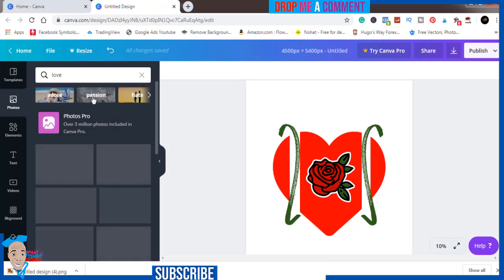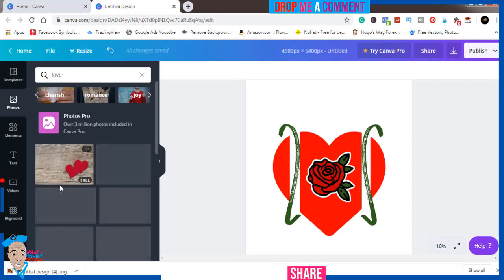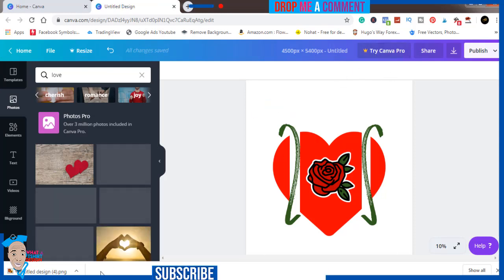You can see hate, passion, adore, affection, cherish, romance. So many images you can choose from, but as you can see, this one says free. There are some that are not free, but if you get the pro version, I think you can use them free. So now that we have our design downloaded,